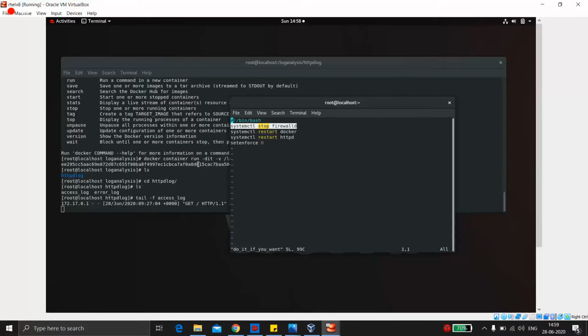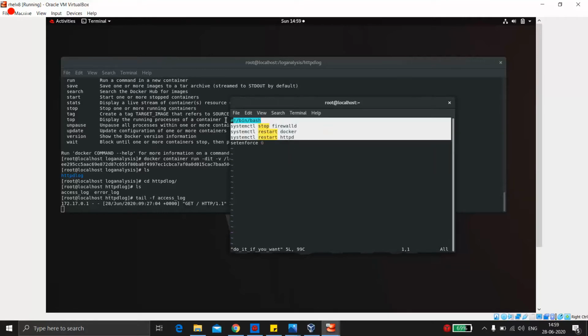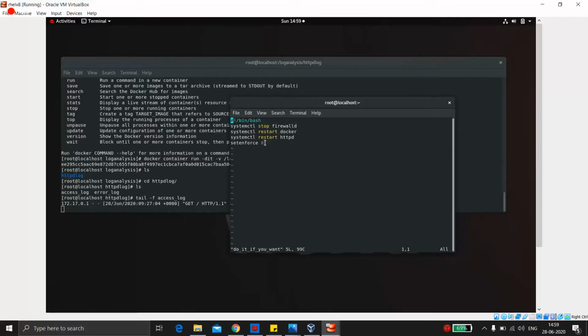So if we stop the firewall service, then we have to restart the Docker services, and even restart our HTTP services. This is not mandatory, I have made this for another purpose, but you can run this. And at the end we are temporarily stopping SELinux. After restarting this, all services would be normal.